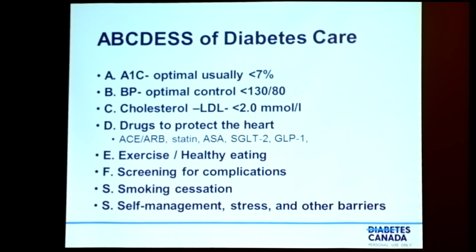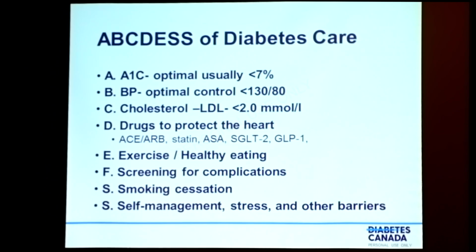So the A, B, C, D, E's, and S's of diabetes care that we're all familiar with may be differentiated in these patients. Usually we think in terms of an optimal A1C as being less than 7%. The optimal blood pressure is less than 130/80. The optimal LDL cholesterol is less than 2. And the drugs that we give to protect the heart include the ACEs or ARBs for blood pressure and vascular protection, the statins for lipids, aspirin for risk of coagulation,